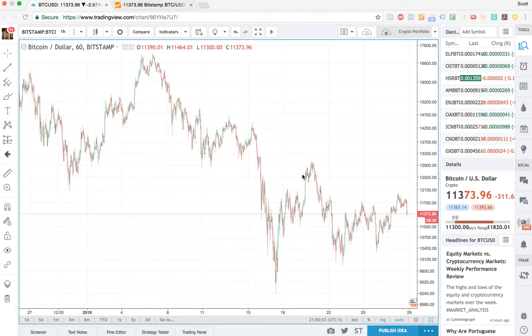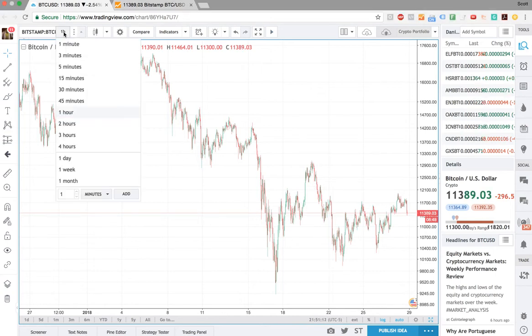So as each leg of the triangle gets smaller, what we can reasonably infer from that is that both sellers and buyers are exhausting themselves. There's only a certain amount of selling pressure the sellers can muster. There's only a certain amount of buying pressure. So what we have here, if we take it back out to a daily view,